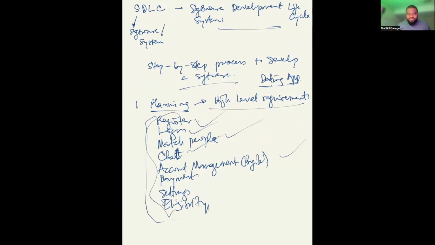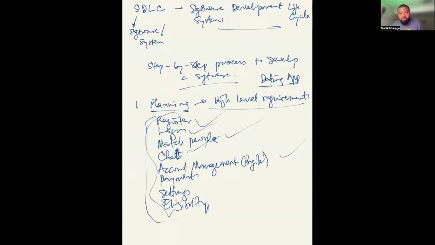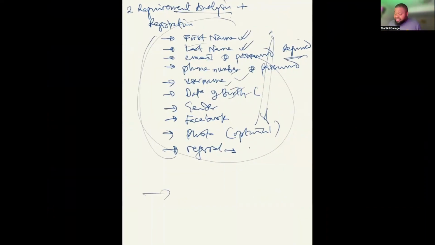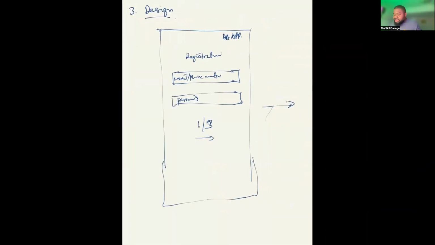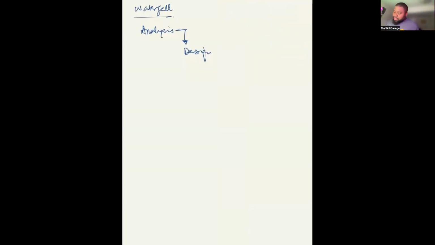Documented, approved. Can you imagine? It has to be done first before you can now move here. So all this list will be approved. You then move to here and start doing each of them individually and giving the details. And then you now go into the design, finish that before you go ahead. So that is what the waterfall does. Okay. That is how you run it. So this one will now go into implementation.